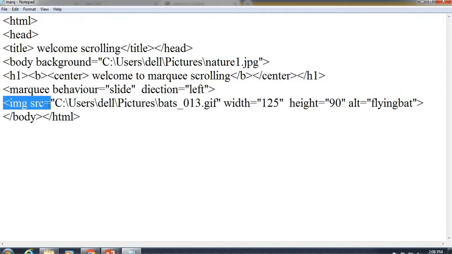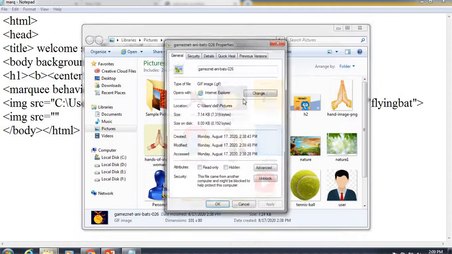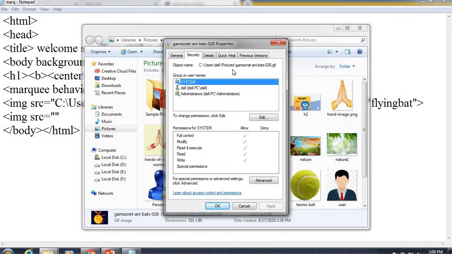So the same syntax I am going to add. Now I will add the path for the image which we want to add. Now I will add one more image having this path.